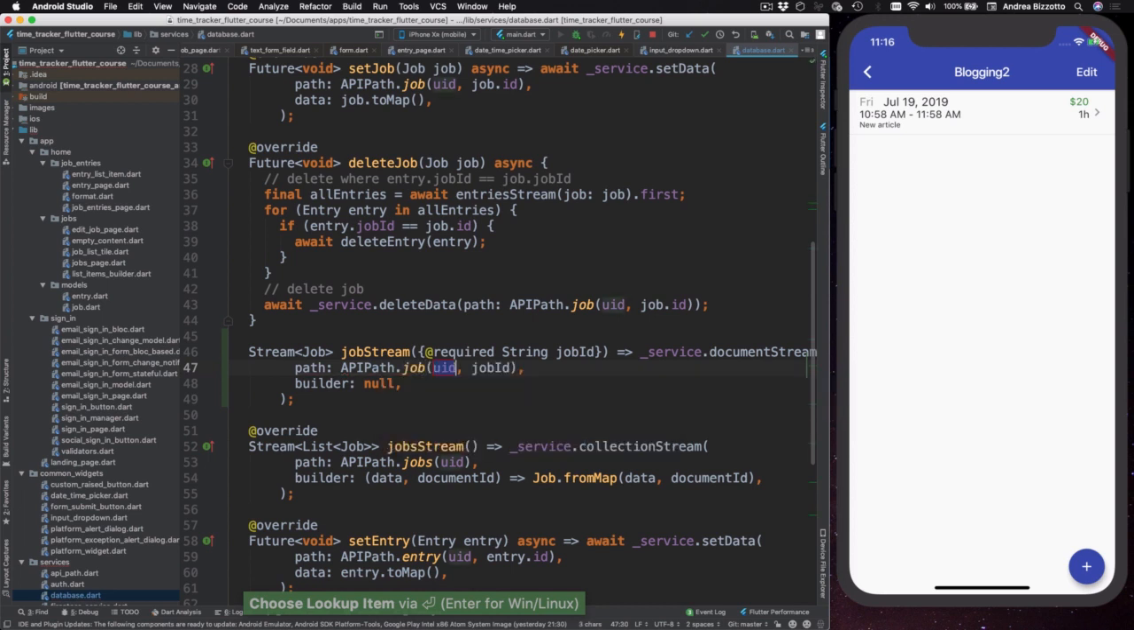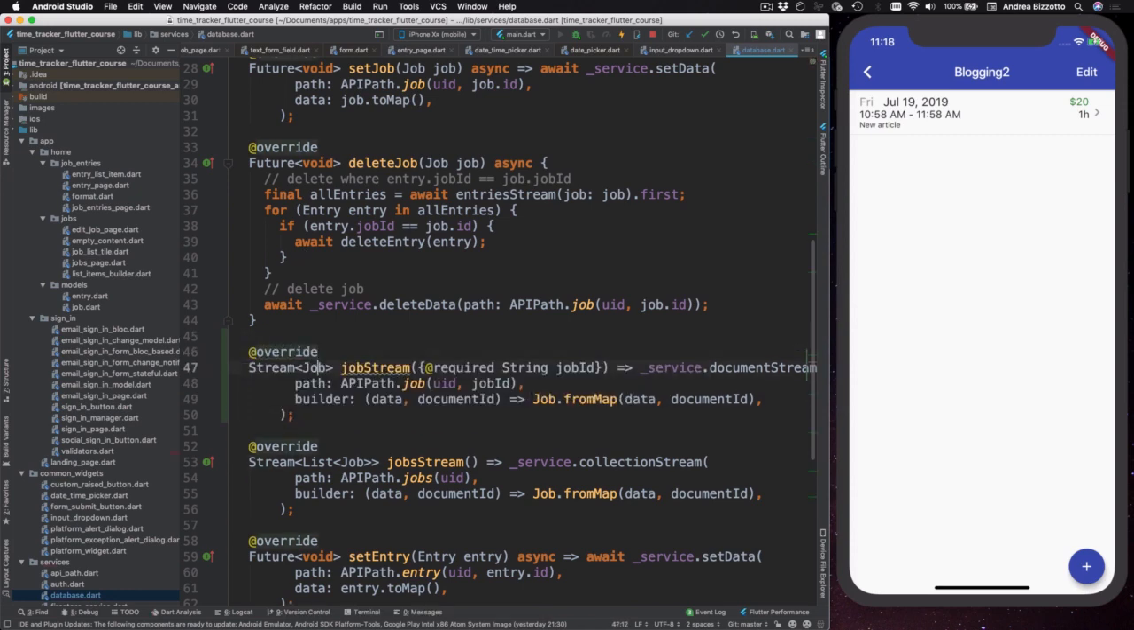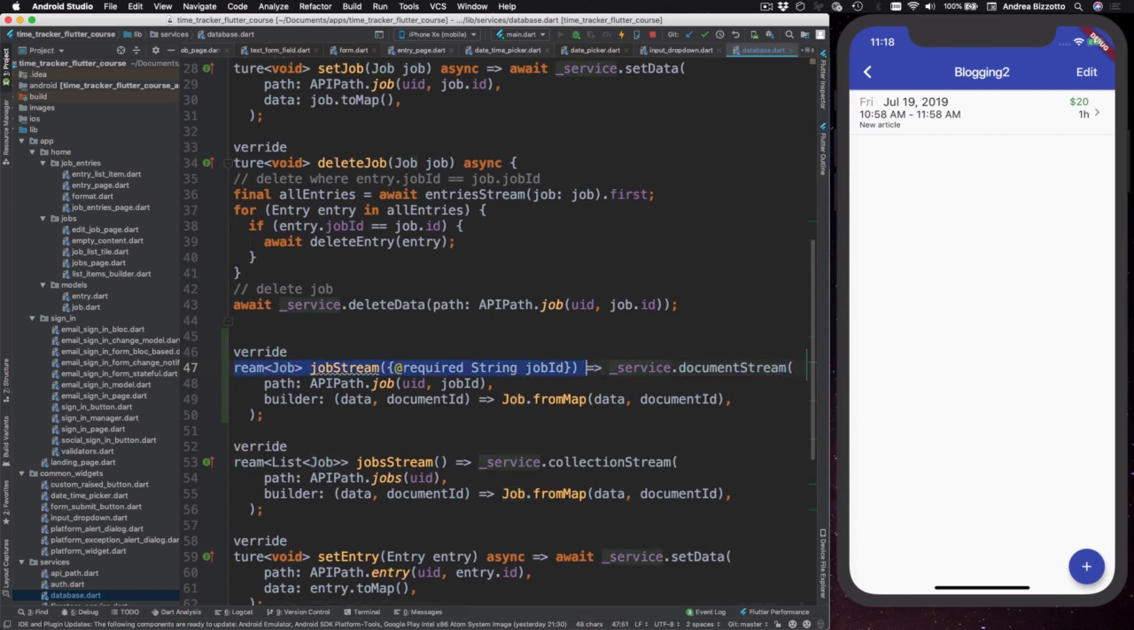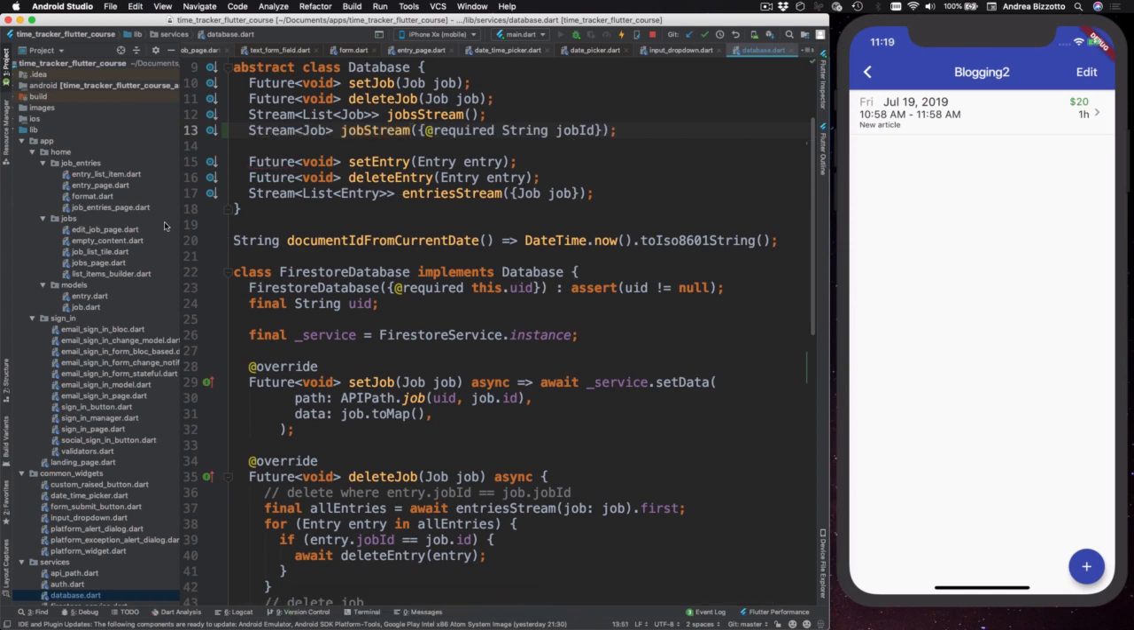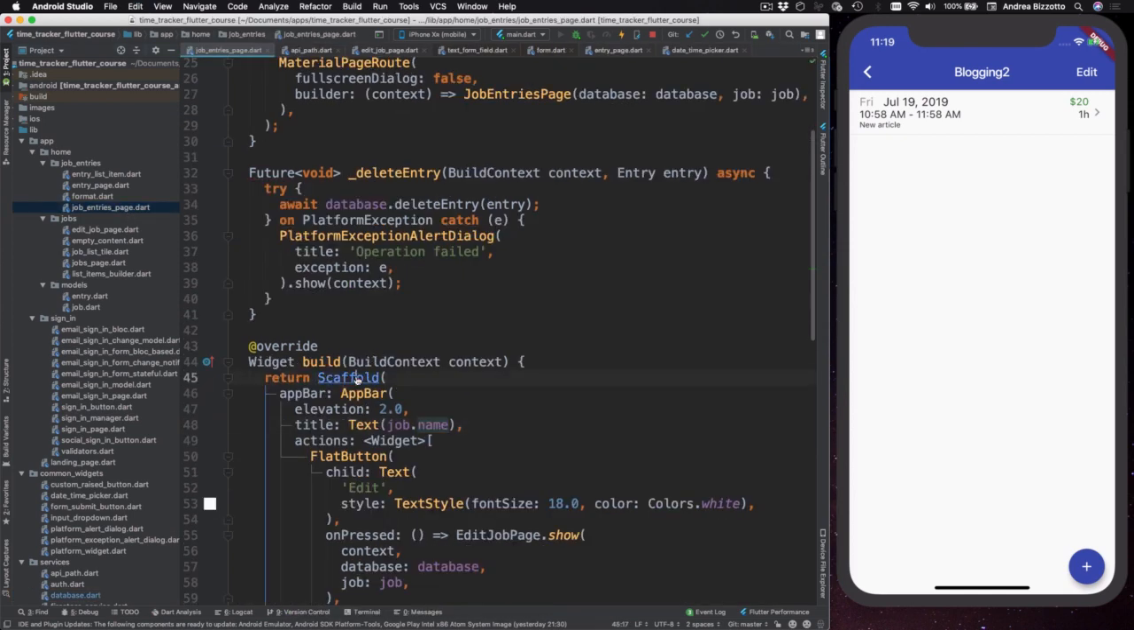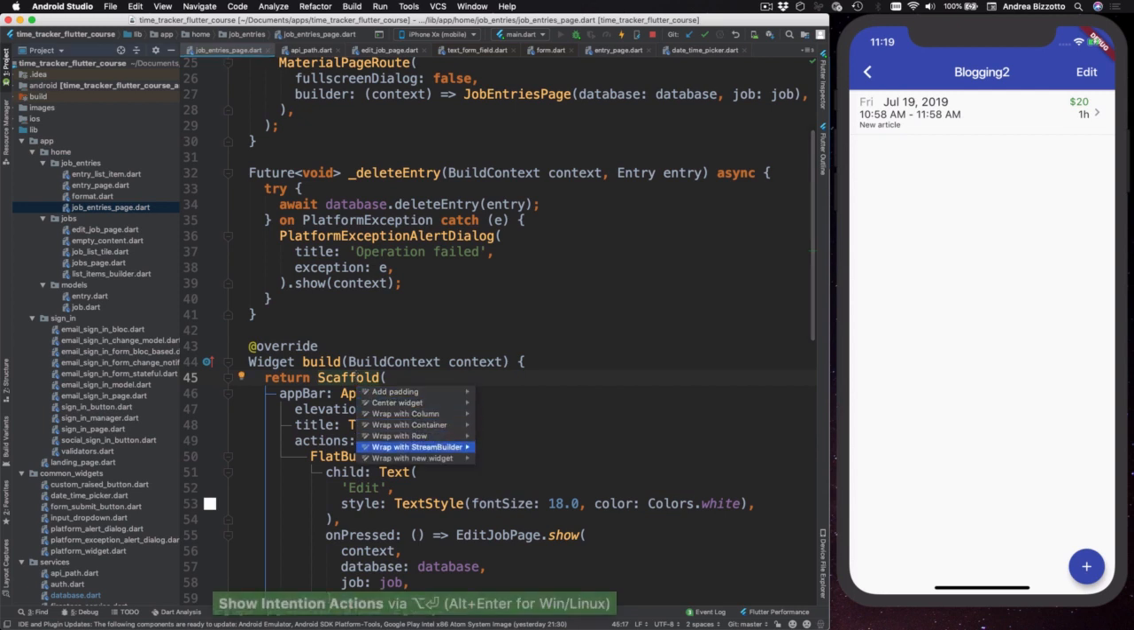path.job with UID and the job ID like this, and for the builder we're going to have a data and a document ID argument, and we are going to use this to return job.fromMap with data and document ID like this. And then I'm going to add an override annotation and declare this method in the database class up here like this. Then I can head back to the job entries page, and here I can add a stream builder around